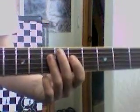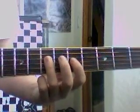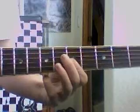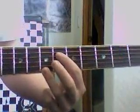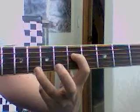Okay, Stairway to Heaven is what we're going to be learning to play today. Let's get started then. You're going to start with the 7th on the 5th string, 5th on the 4th, 5th on the 2nd, 5th on the 1st, then a chord of 7th on the 1st and 6th on the 4th, then 5th, 4th, 5th on the 2nd, then 5th on the 3rd, 7th on the 1st, a chord of 8th